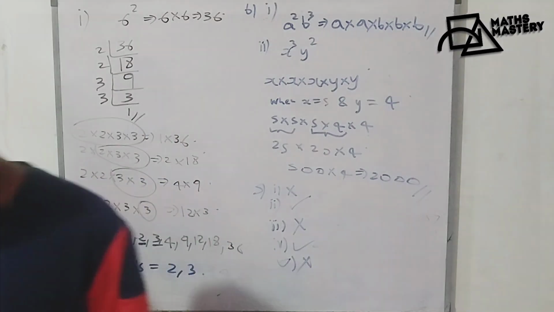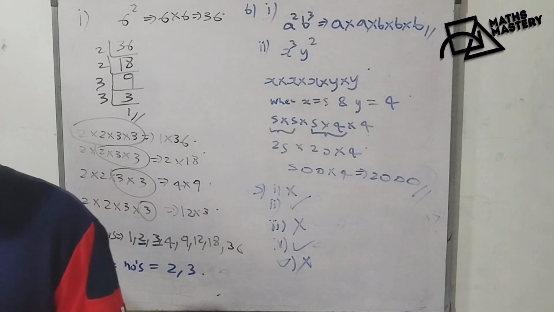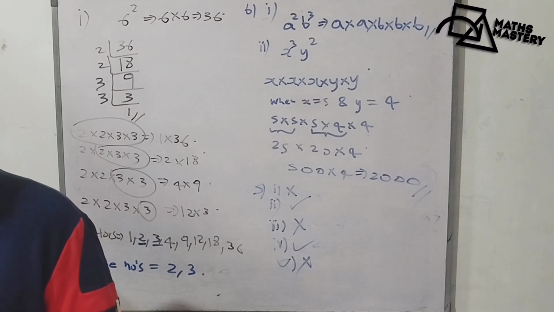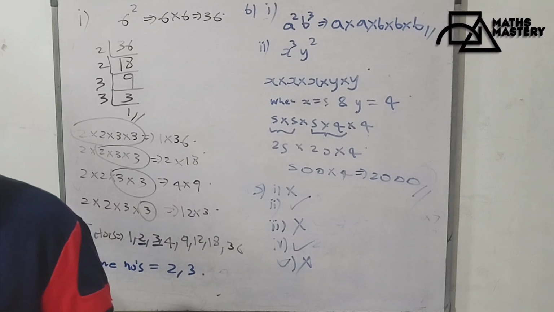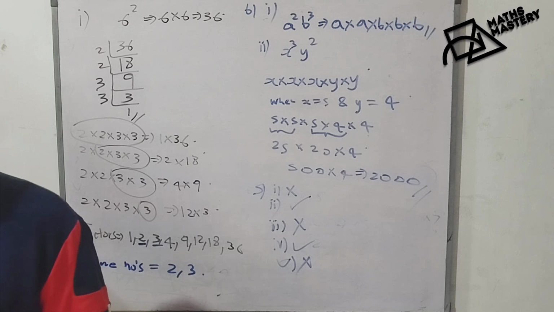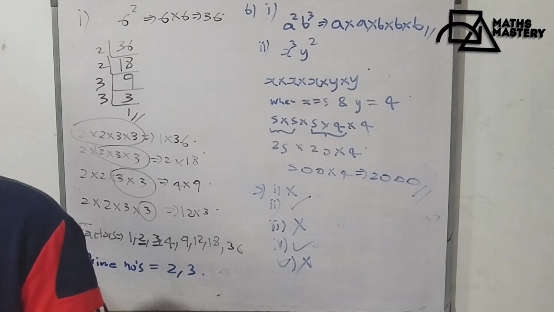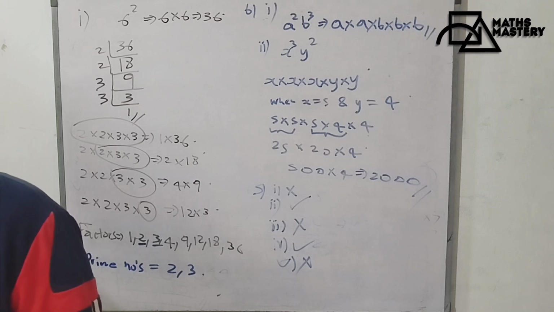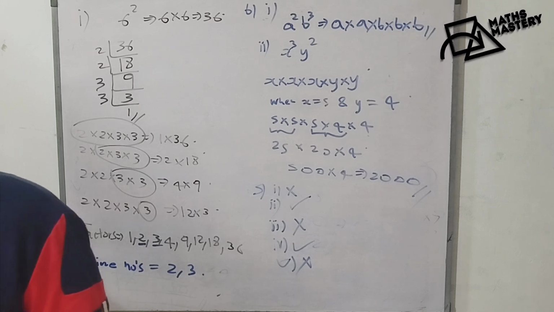Question number 6. The highest common factor of any two positive integers is less than or equal to their least common multiple. Okay. Now for an example, students, think of the numbers